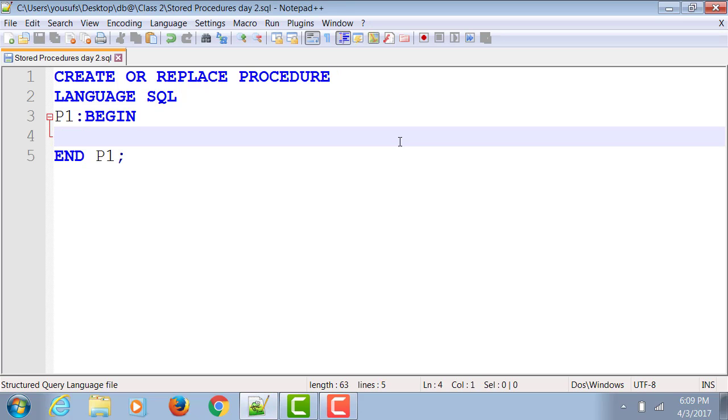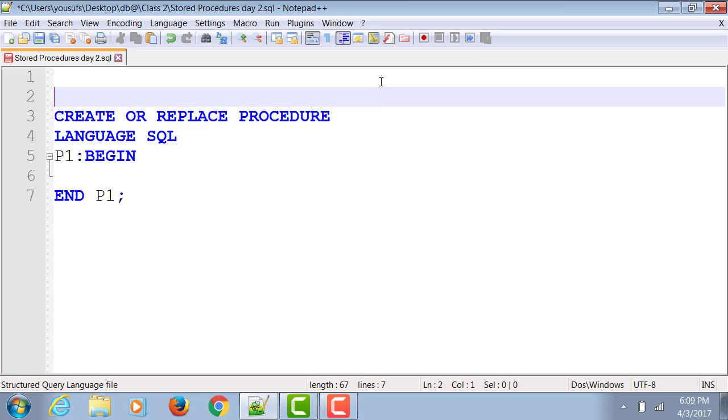So this is the basic syntax of creating a stored procedure: create or replace procedure followed by a name. I'm not putting a name yet because I want to first explain to you the purpose of this example. We're going to then create a table, and then we're going to come back to this example and complete it. Before I move forward with this idea,